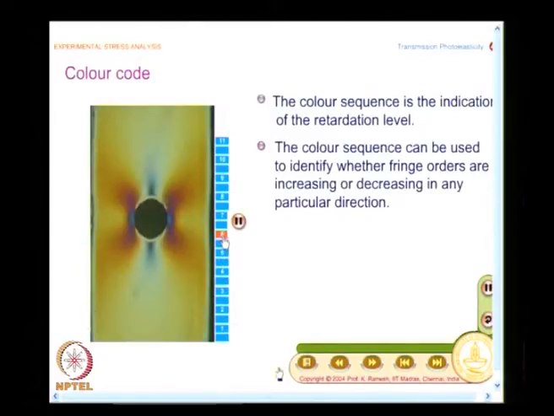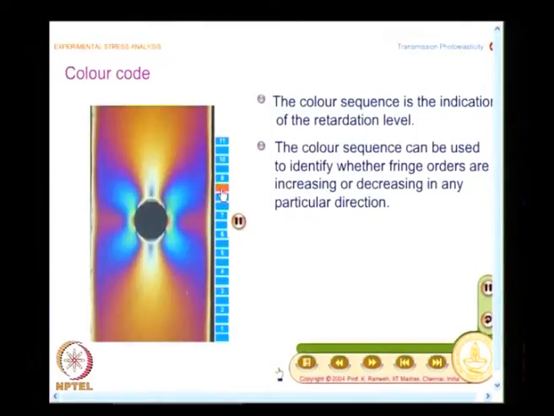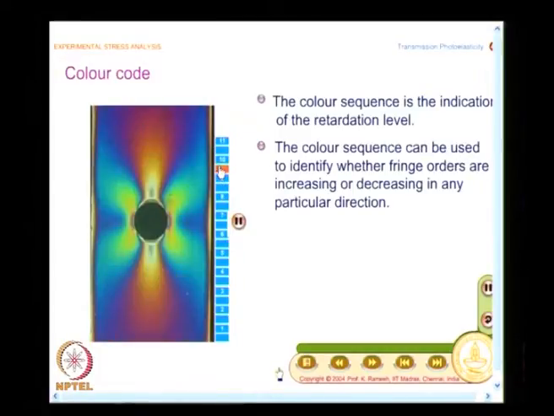So, this is how you have, and this is a very complex problem, because it is a finite geometry and I can find out stresses only from an experimental approach. You see a very bright blue, very rich blue, and as the load is increased, you see a beautiful play of colors.